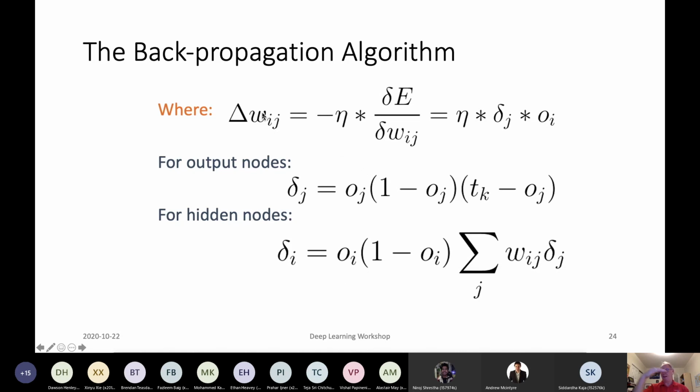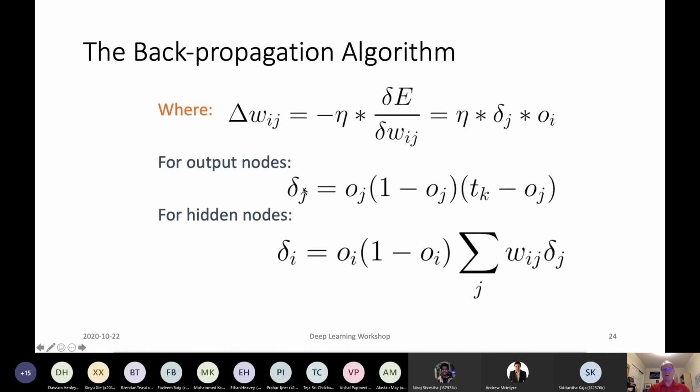And that is that at any point in the neural network, the way to change the weights is according to this equation, which we can modify to be this. So it's eta times a difference factor times the input to that neuron. Now that should look familiar because that's what the perceptron algorithm was doing. Remember, it was eta times the difference times the input. But it's an O_i here because it's the output from the layer below it that's coming into the layer above.